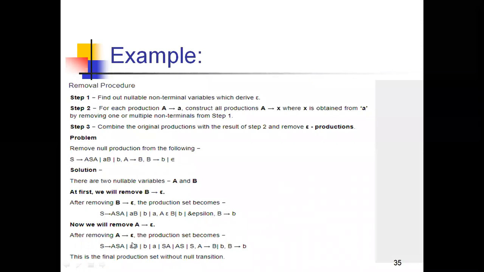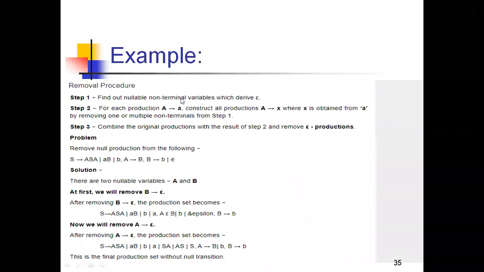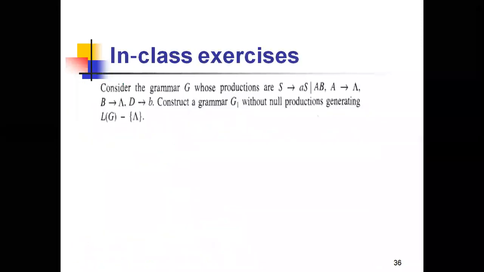So this is the modified grammar where I reduced the nullable productions. Is it clear? And this is the way of eliminating the nullables. And now, coming to the exercise problem, please make a note of this exercise problem, all of you, and consider the grammar